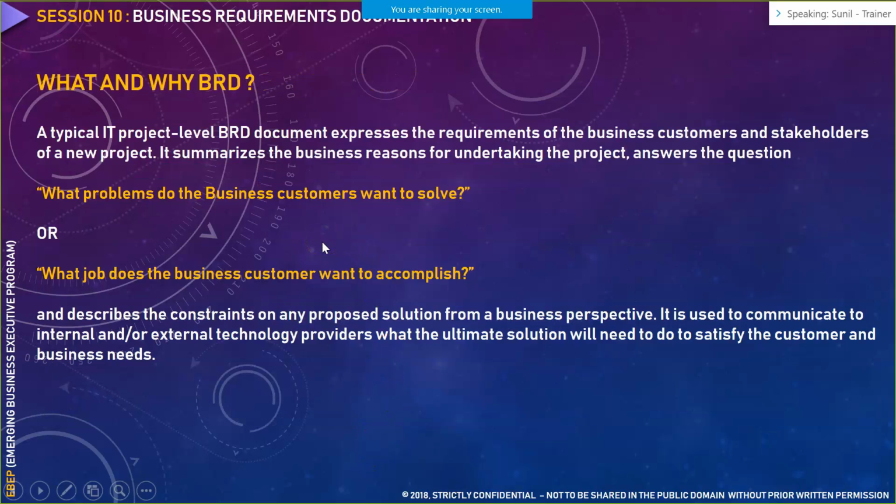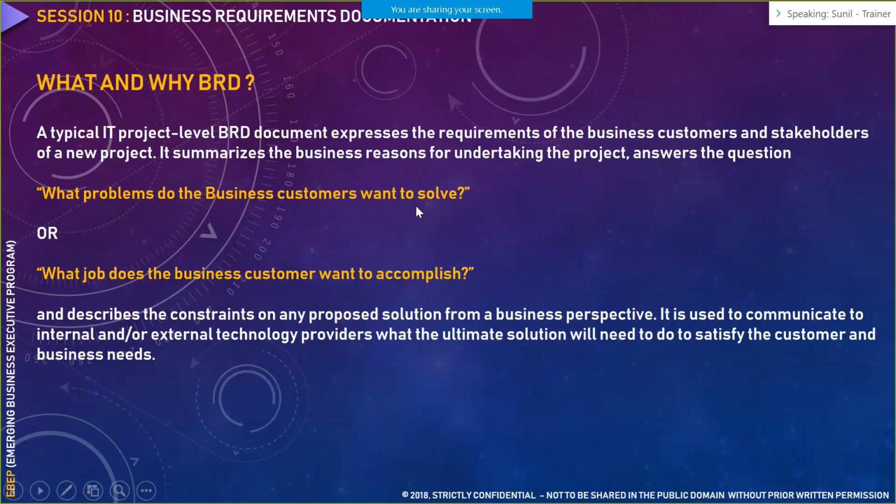Now, what and why do we need a business requirement document? So, at an IT project level, a business requirement document expresses the requirements of business, customers, and stakeholders of a new project. Like I said, whatever business-specific requirements are there, we express them in a business requirement document. It summarizes the business reasons, like what problems the business customers want to solve.